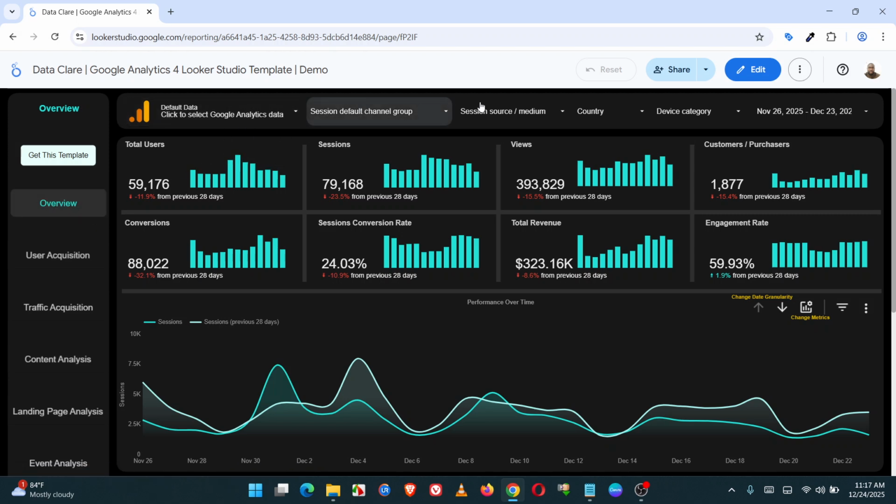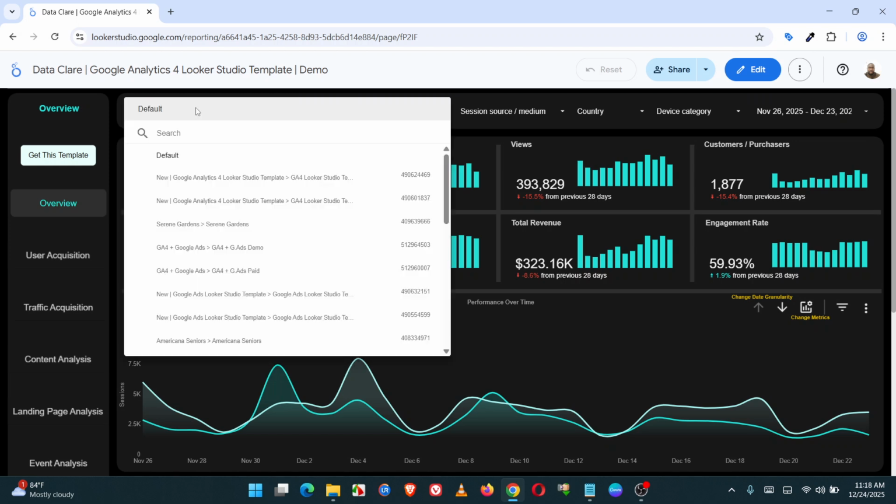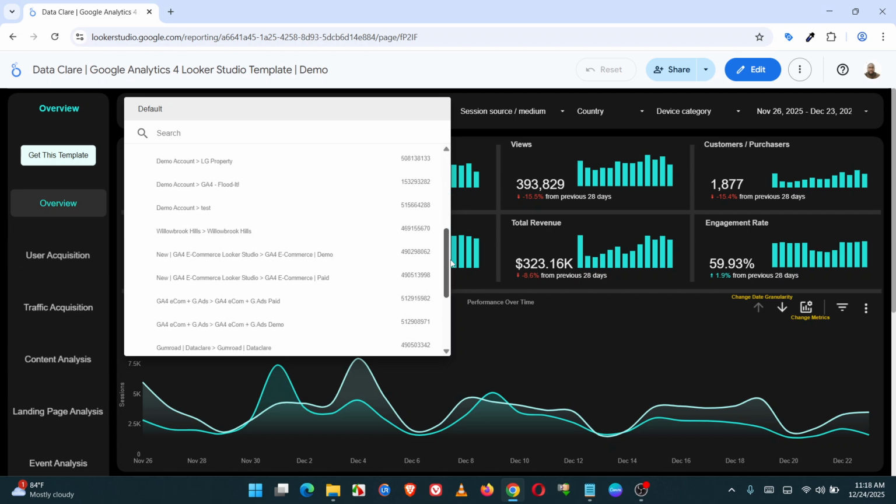And at the top, we have the filter section. The filter section also houses the data control and the date range selector. Let's start with data control. When you click on it, you immediately see all the GA4 properties that your Gmail address currently has access to. So if you click on this property, the dashboard will be populated by the data from that